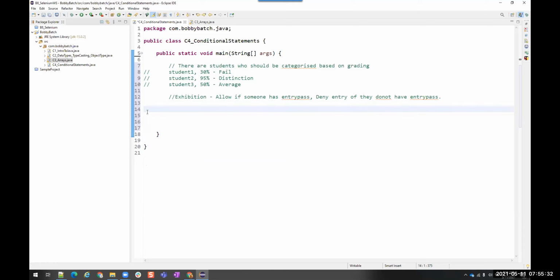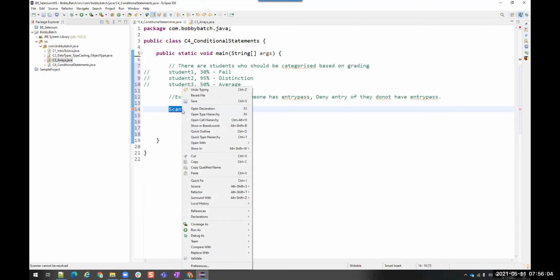Now, let's do one thing. I'll show you one more thing. Instead of hard coding, we'll ask at runtime, when we are running and checking. When the user comes to an exhibition stall, we'll check the pass. To create runtime values, we can give values from the console, like taking input from the user. If you want to take input from the user, then we have to use the Scanner class.